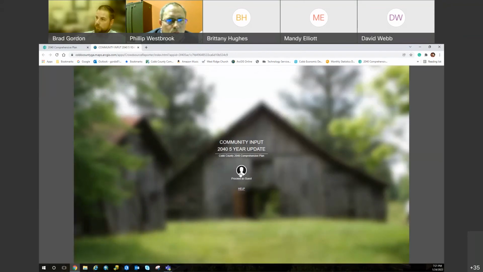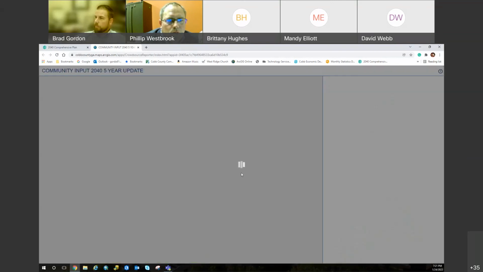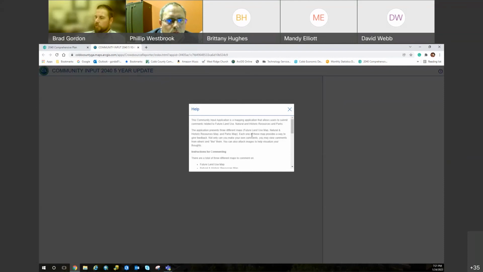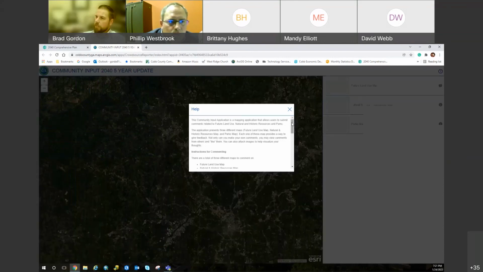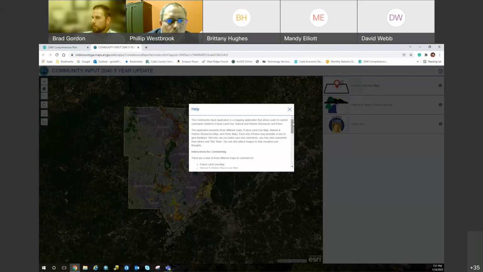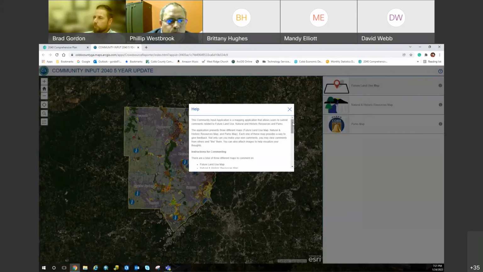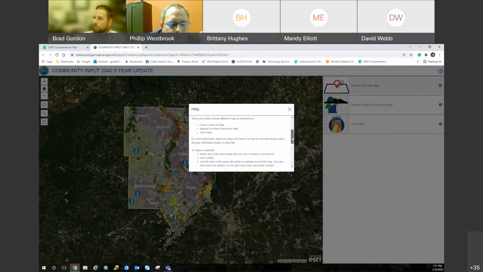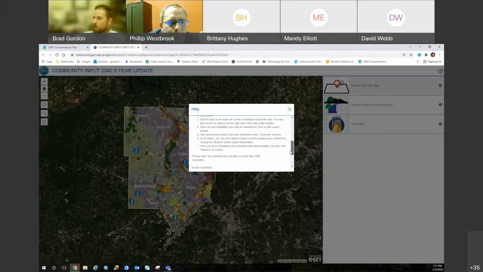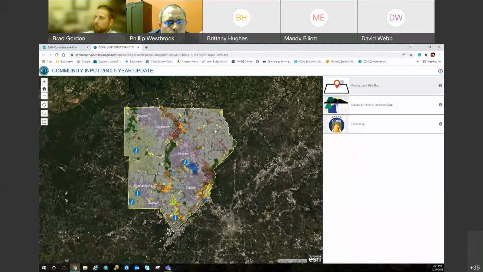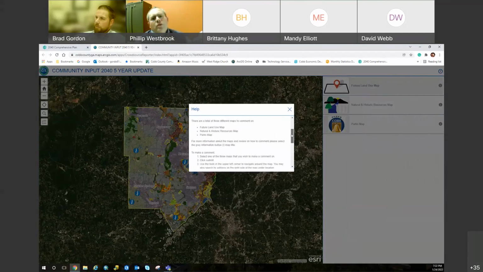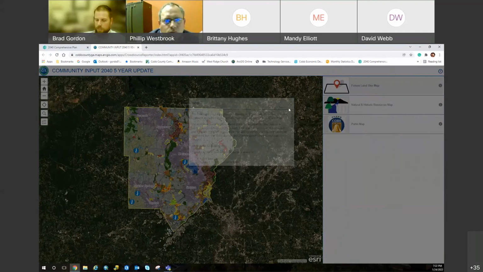Let's see, we'll go ahead and proceed as a guest. You get this splash screen that pops up, and it's a help screen, and it's just got information about the application. It tells you how to use it, what's involved and all. If you accidentally close this, or if you close it and you want to come back to it, it is also available here under this question mark up on the top right. Hope everybody can see my cursor there. So I'll click on that and it opens it back up. This just talks about what's in this site, what's in the application.